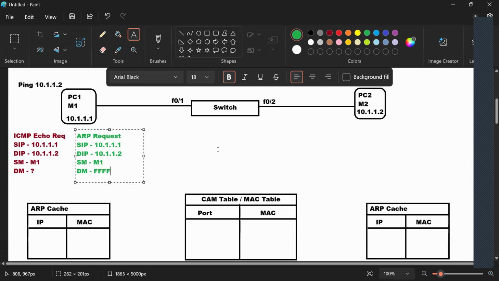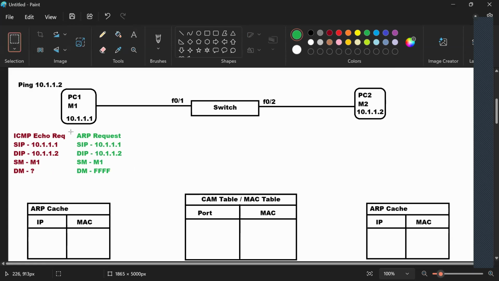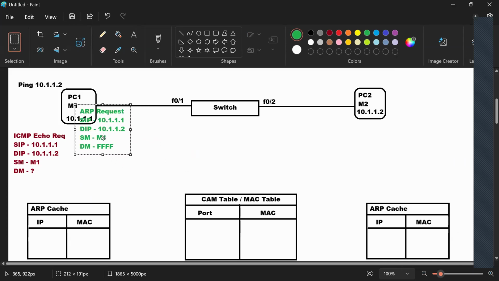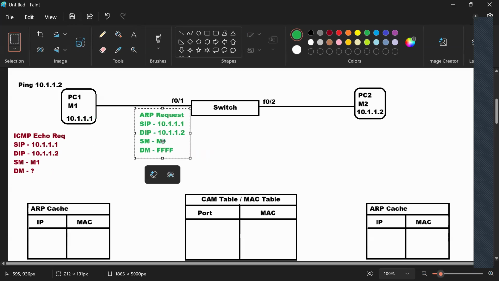So let's keep it small. Now this is the ARP request. Now this packet information is complete. So PC1 will forward this packet through the interface.